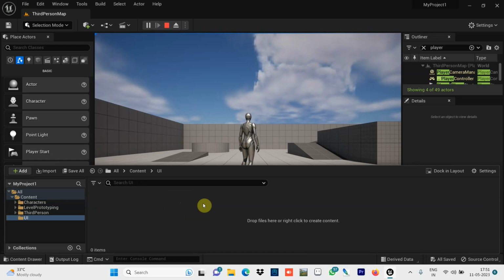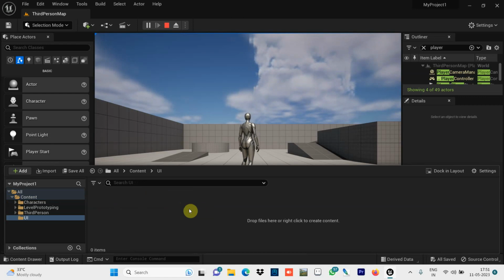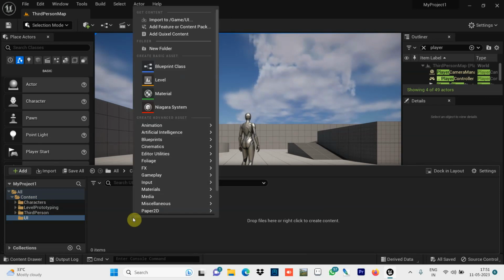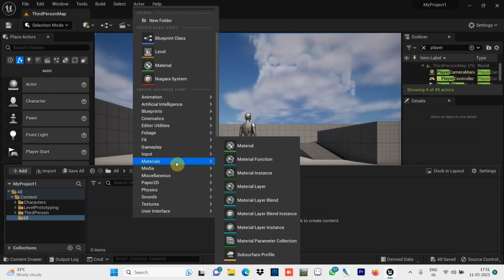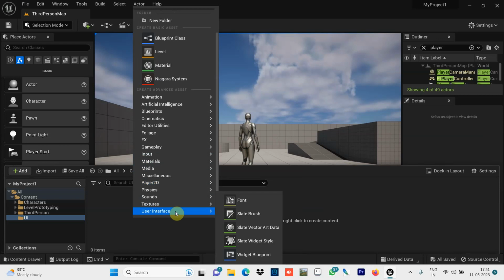Now here we have to go for the widget. Okay, user interface, then widget, and you have to go for the blueprint, right? So for this widget, while you are here, you have to go for the widget. You have to go to user interface. Can you see?